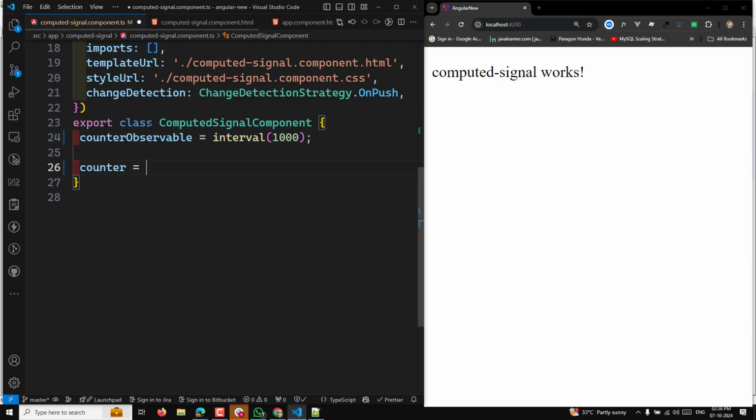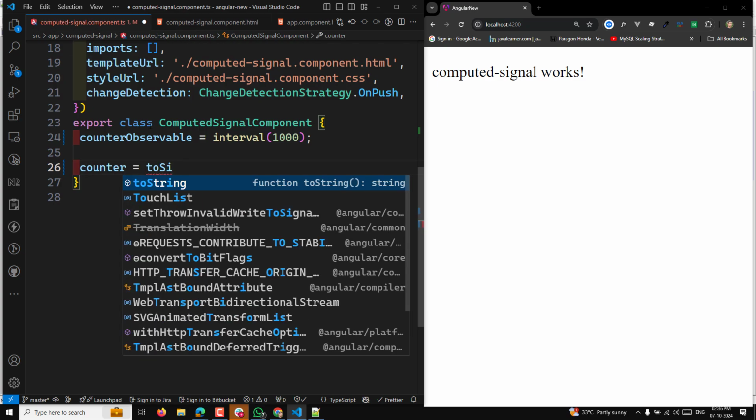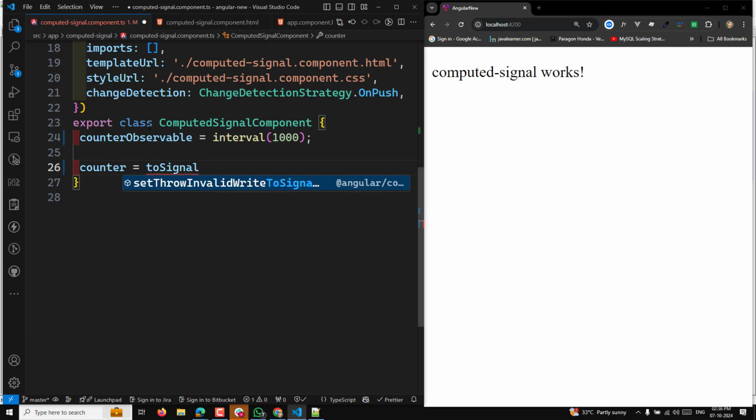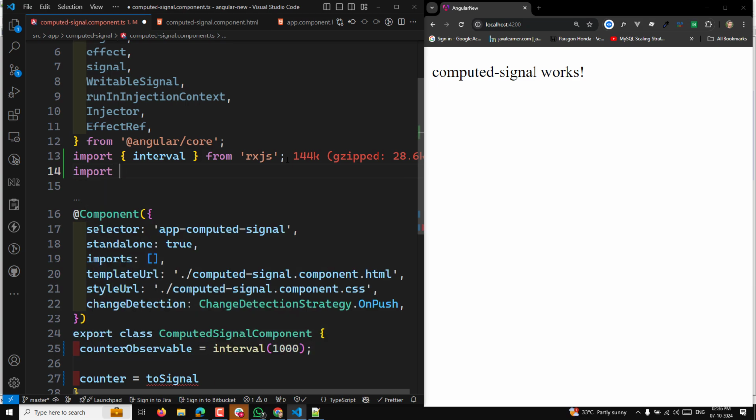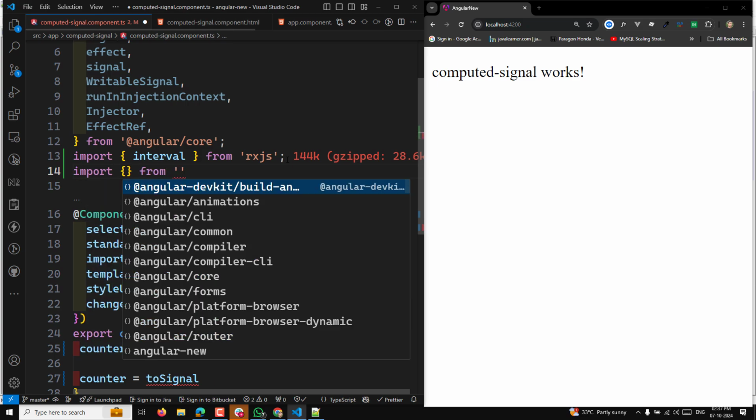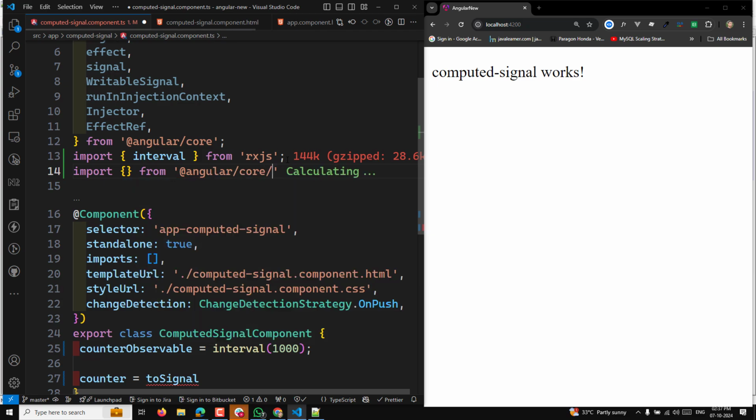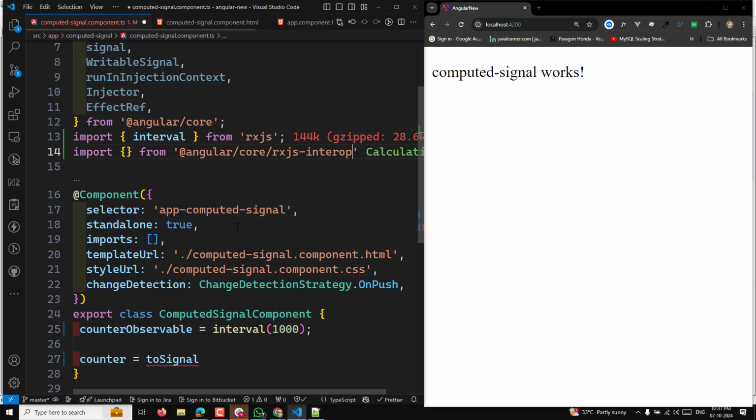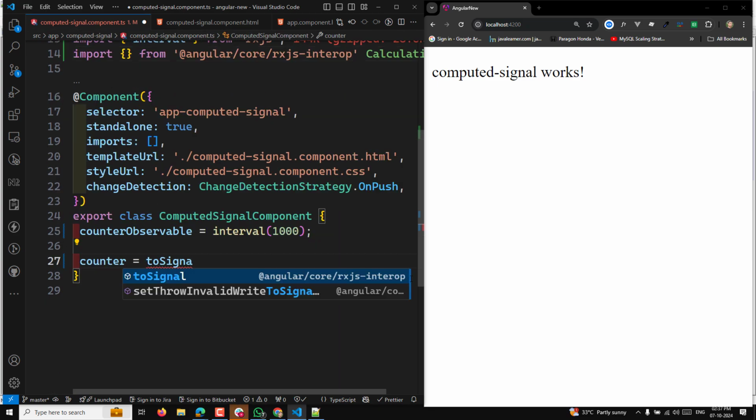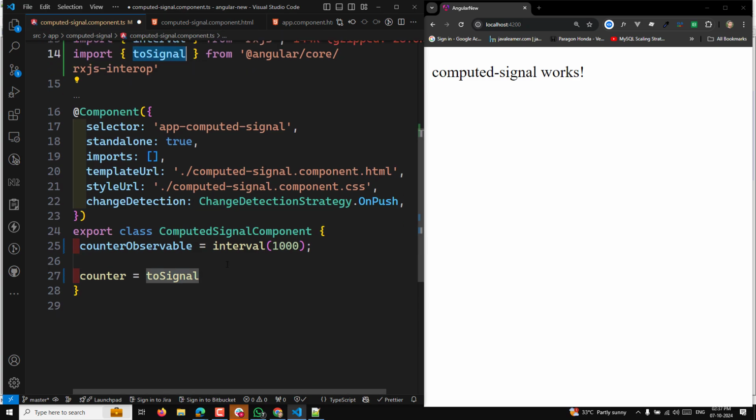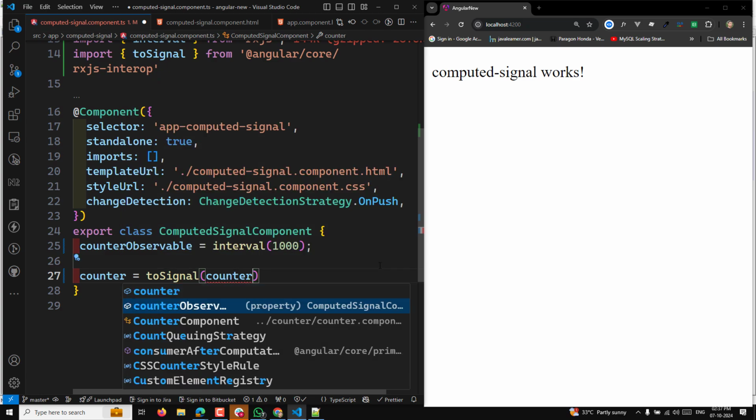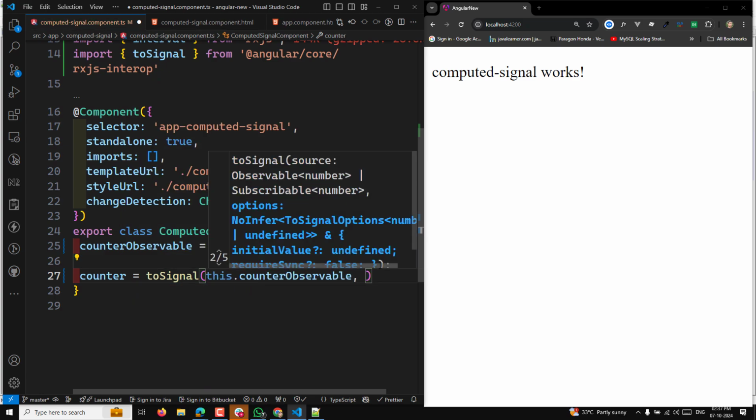So I can have a counter and I can use the toSignal. Right now it will not come, so you need to import it from @angular/core/rxjs-interop. So now here directly you can use the toSignal, which should be imported from Angular core rxjs-interop. Now here I can send the observable, the counter observable, and you can also pass some options to this one